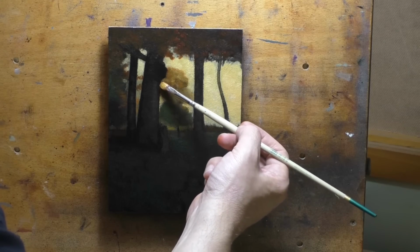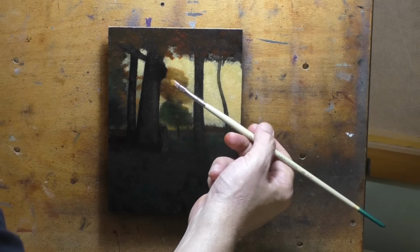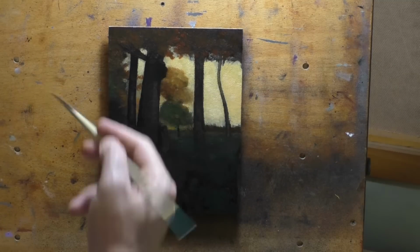I'm pretty delicate right now. Now, I don't usually paint like this on my own stuff, but